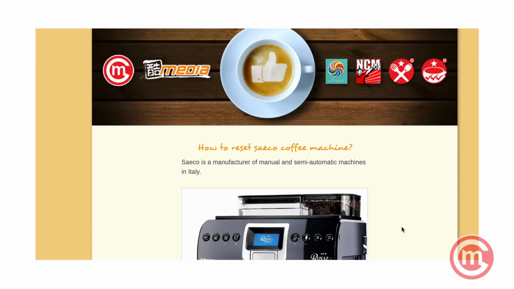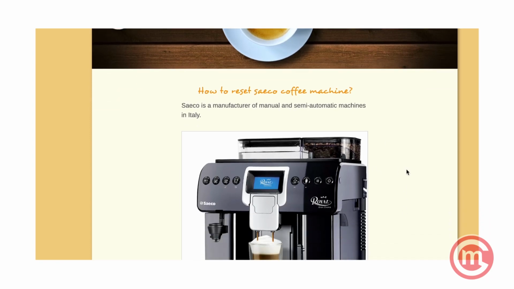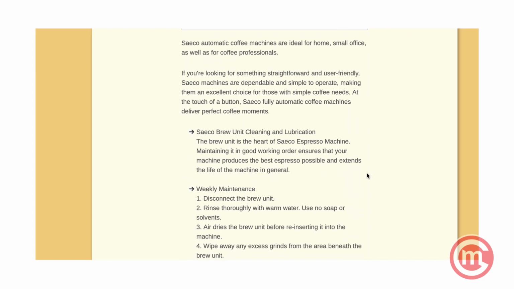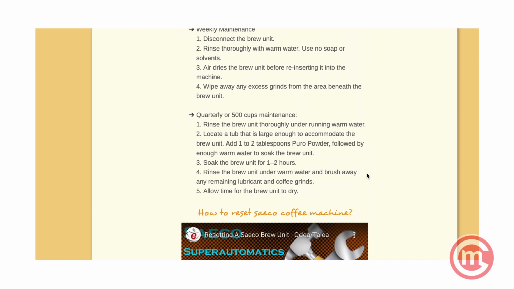Now, let's first look at a typical website. Now imagine this could be a home page, this could be a second tier, or this could be a third tier. Now in another video, we actually spoke about this page, how to reset Seiko coffee machine and how it can help us to sell coffee machine. So in this case, it's about the content, how to reset Seiko coffee machine. And in your case, it could be your particular menu item, it could be your product that you want to sell. So you will go on, you will describe, you will give your product info, and at the end of it,